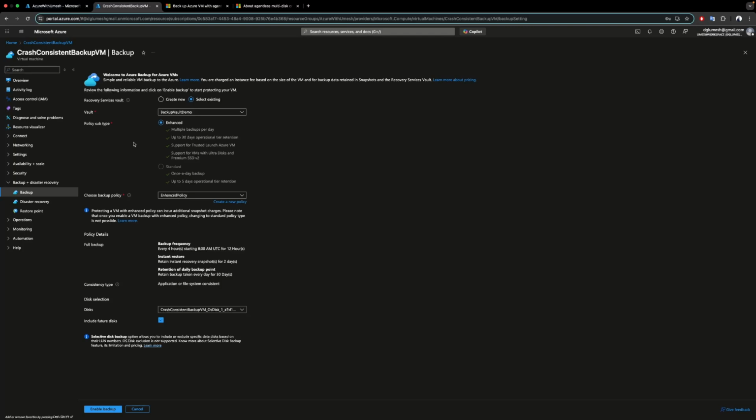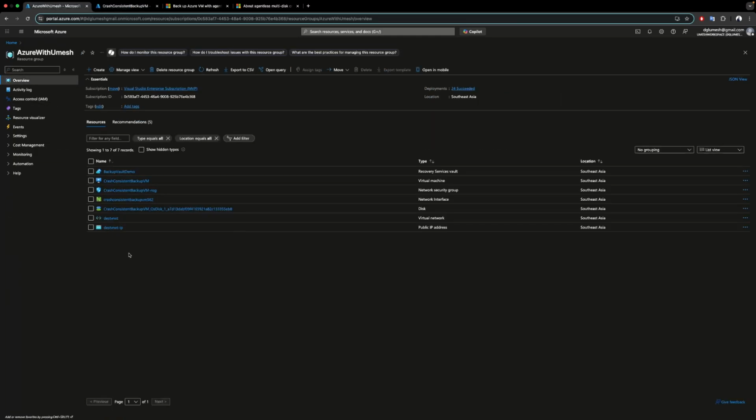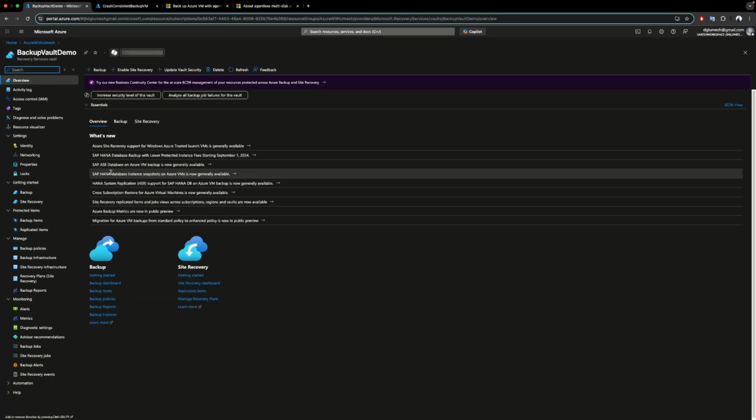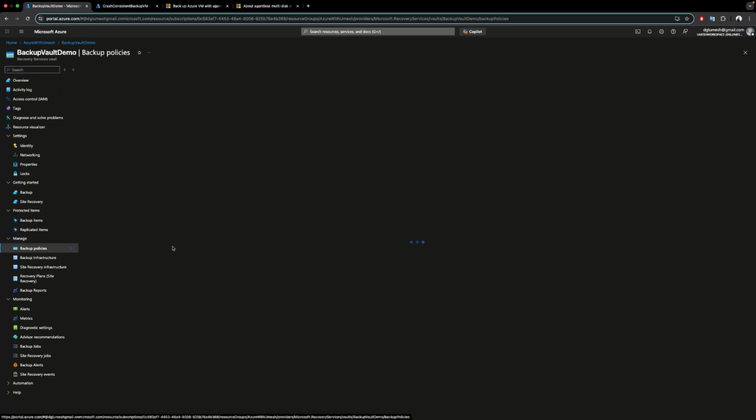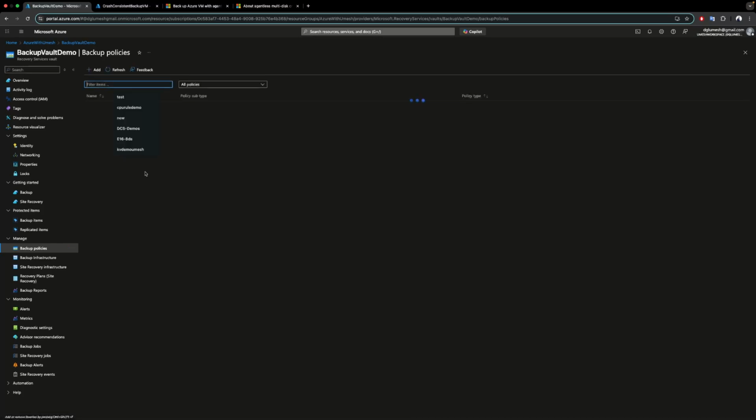As I mentioned earlier, we are not able to use the standard backup policy because crash consistent backup is not available under the standard backup policy. So you definitely have to go with the enhanced backup policy before enabling the backup here. I will go to the particular recovery services vault and create a new backup policy. Let me jump into the recovery services vault, and here just click on backup policies, then click add here,